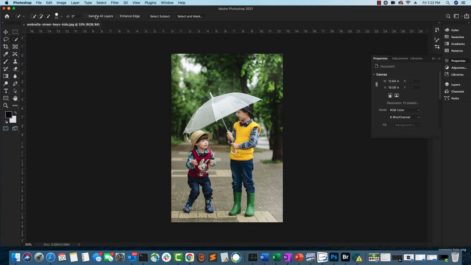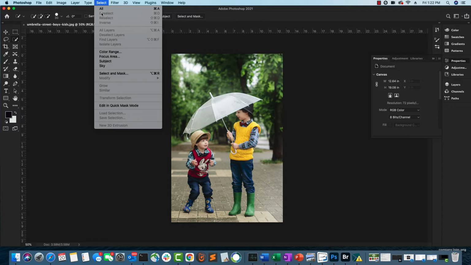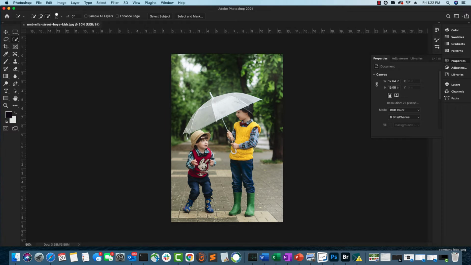So to do that, you can go to Select and choose Subject, right? Once you click on it, it will identify the dominant objects in the picture and will draw a border around them. As you can see, it has selected the umbrella, the boy in the yellow sweater, and the smaller boy in the red jacket. Most of the time it does a good job, but if you want to fine tune it,